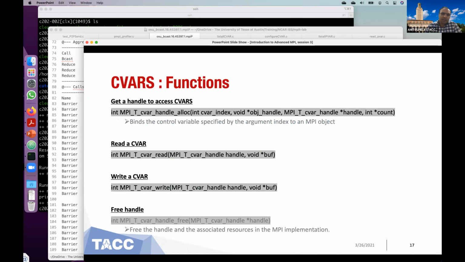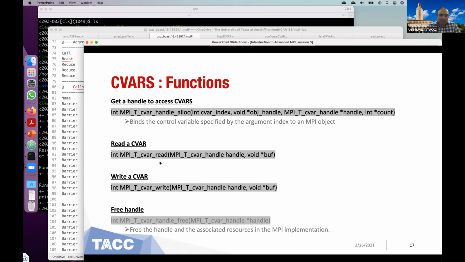So these are the syntax of the functions. To get the handle, you will define the index of that CVAR. Then you will define which object you want to profile. And then it will give you a handle and a count, which represents the number of items that are represented by that CVAR.